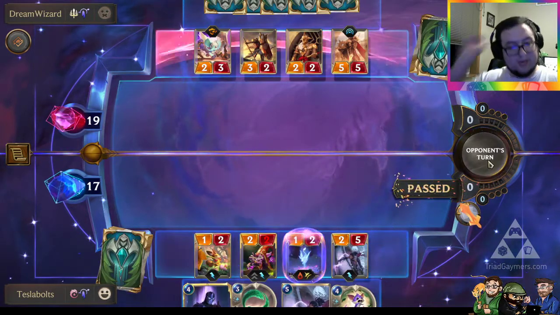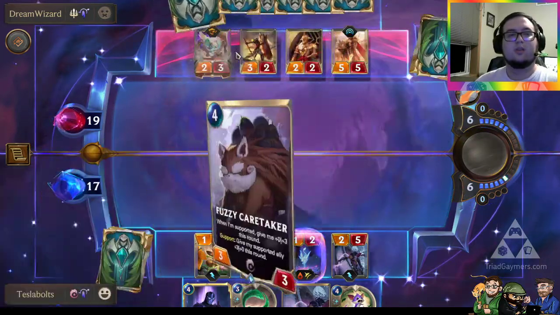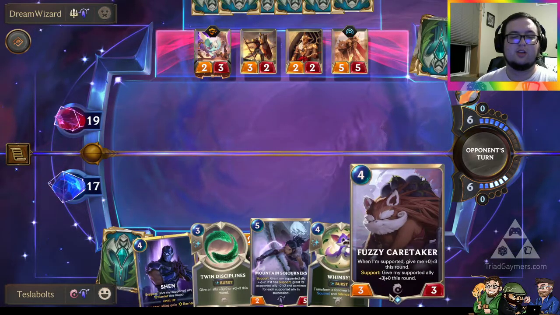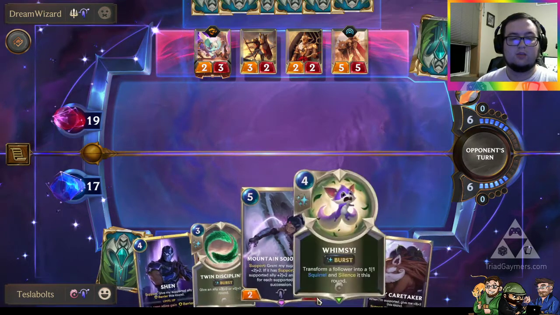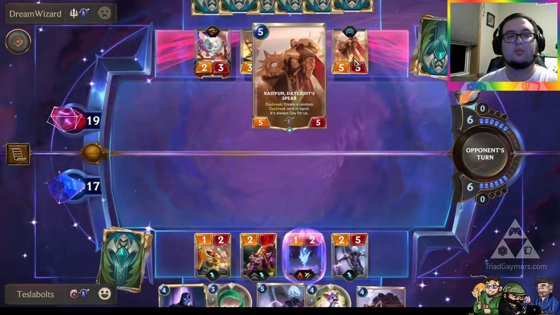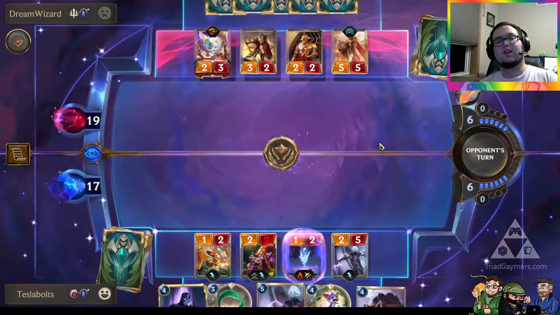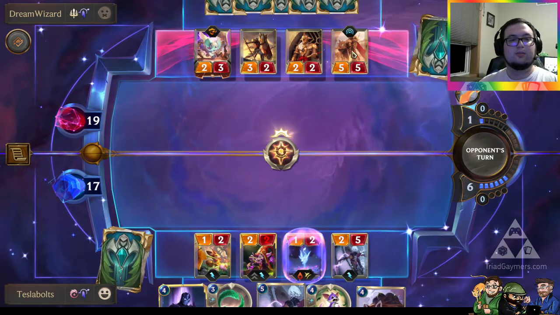So I think we're just going to pass. We're going to survive a turn round, because the problem with the Daybreak is they're going to start losing to this eventually. This is going to just get too much power from everything. But I'm definitely going to Whimsy this turn and catch them off guard, probably on the 5/5. Oh, the reason it says always day for us is this card basically enables Daybreak constantly. That's a very good thing that I definitely will want to